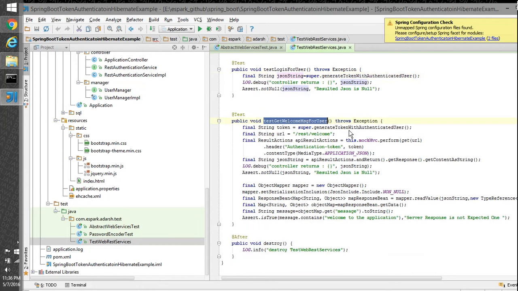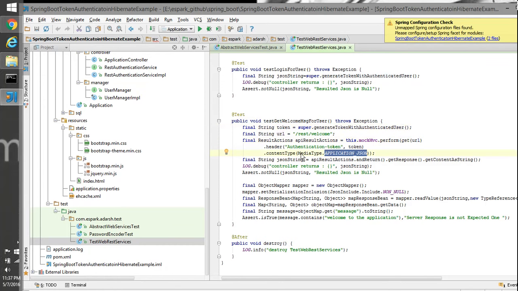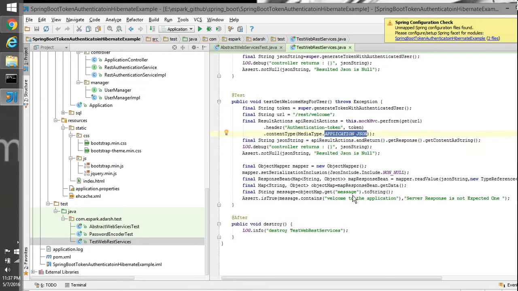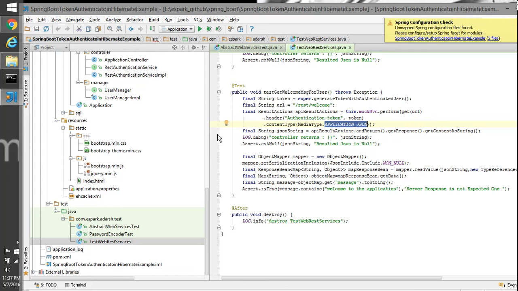Here we are checking to hit the welcome URL. So before that we need to authenticate, so we got the token, and then we are setting that token into the URL, and then setting the content type and all the information, and then hitting the application. So I'll do one thing, I'll just start from this, and then we are going to execute the application and test it